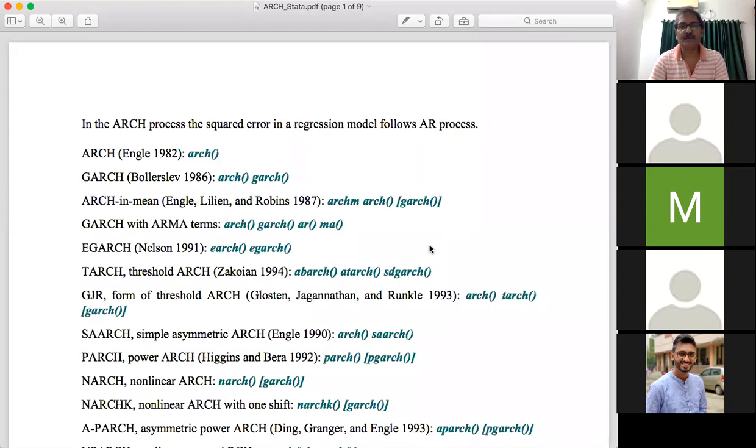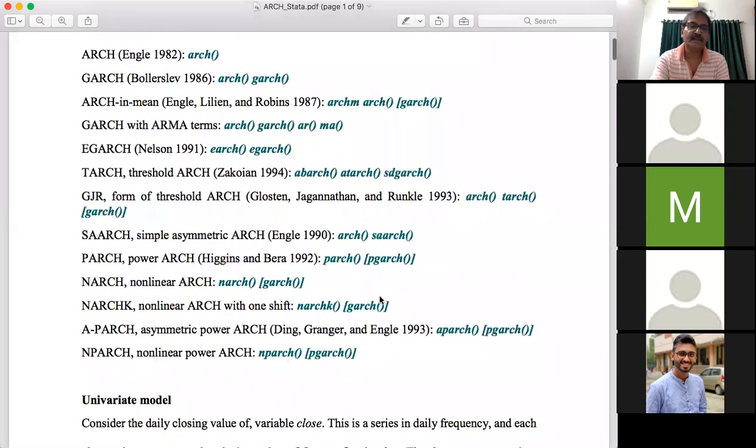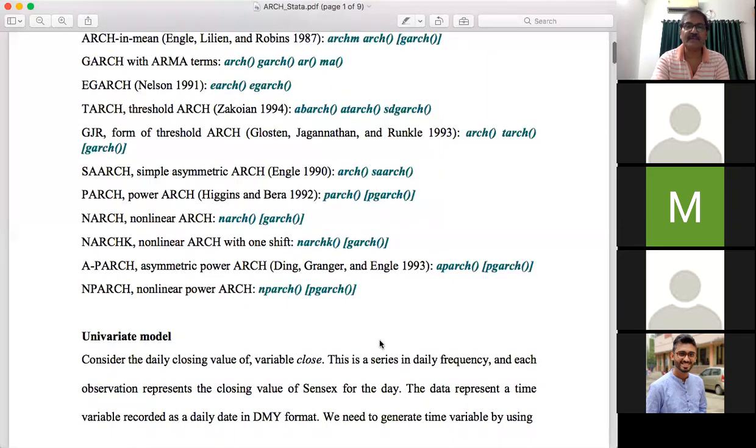Yes, sir, so you need to generate a time variable. So originally the time variable is given by the name date in the first column. And if you look at the date variable, it looks in red color, that means it is a string variable.